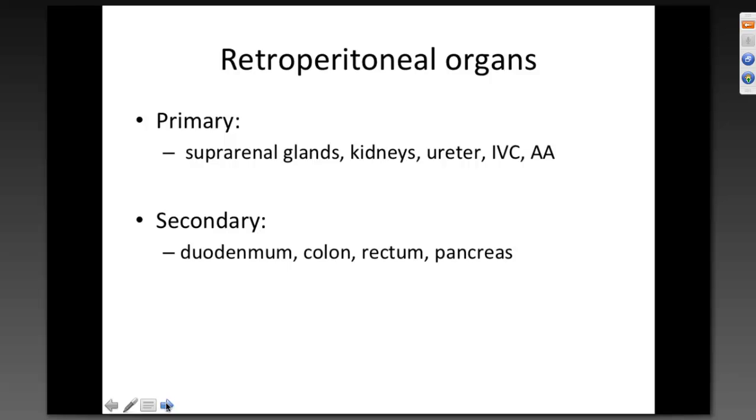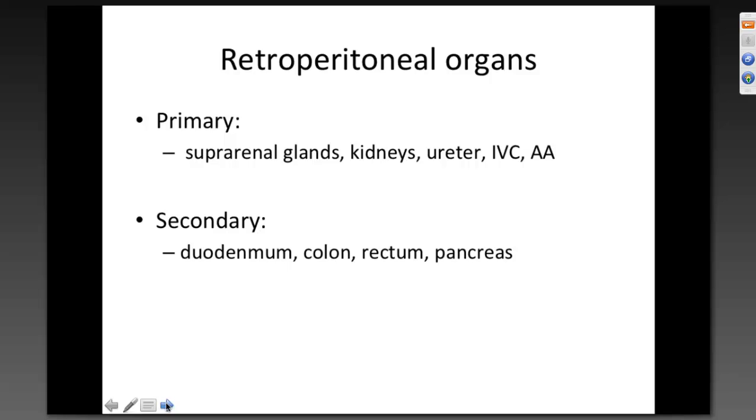Okay, so let's talk about this word retroperitoneal. You will find two ways of talking about retroperitoneal organs. First way, people will say that they are primarily retroperitoneal and secondary retroperitoneal. The second way, the alternative vocabulary that is used, is that something is true retroperitoneal or retroperitoneal. Okay, I prefer primary and secondary because